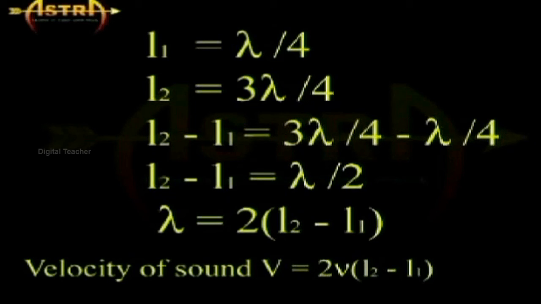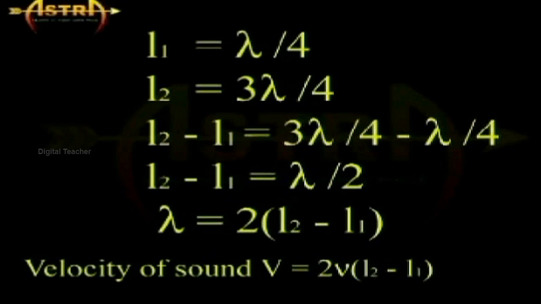If we subtract L2 minus L1, that is 3 lambda by 4 minus lambda by 4, we get lambda by 2. From this, the wavelength lambda is equal to 2 into (L2 minus L1). As we know, velocity of wave is determined by V is equal to nu lambda. By substituting the value of lambda in the equation, we get velocity V is equal to 2 nu into (L2